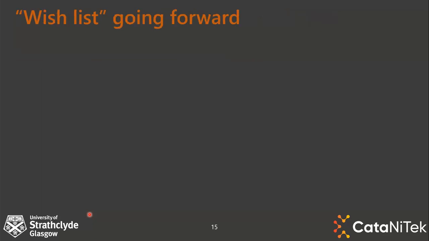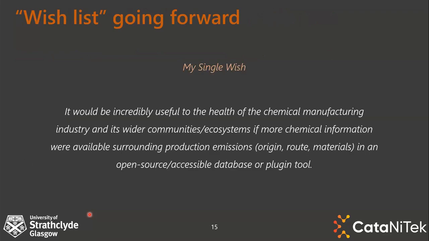So what is my wish list? Other than sort of hinting at the fact that I can foresee within the next 5 or 10 years that there'll be a chartered carbon accountant role as a job for the future, my main single wish is that it would be incredibly useful for the health of the chemical manufacturing industry and its wider communities and ecosystems that it serves if more chemical information were made available surrounding the production emissions. So this could be origin, route, and materials in an open source or accessible database, or even a plugin tool,